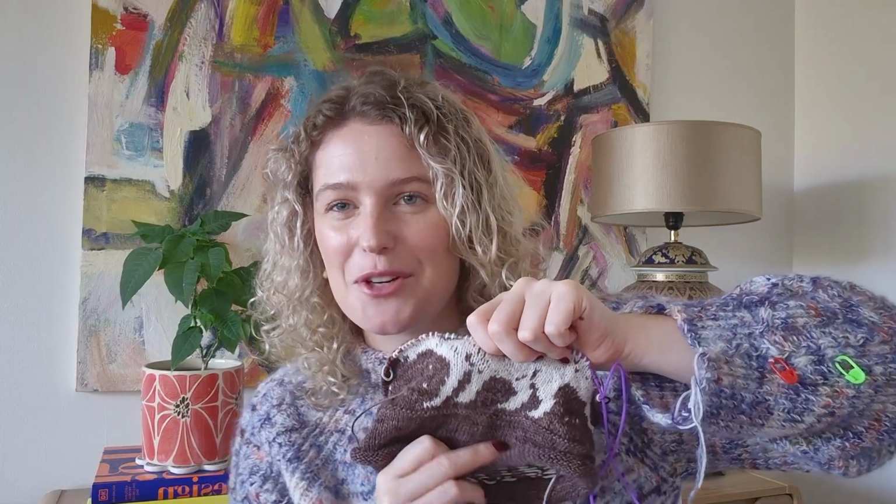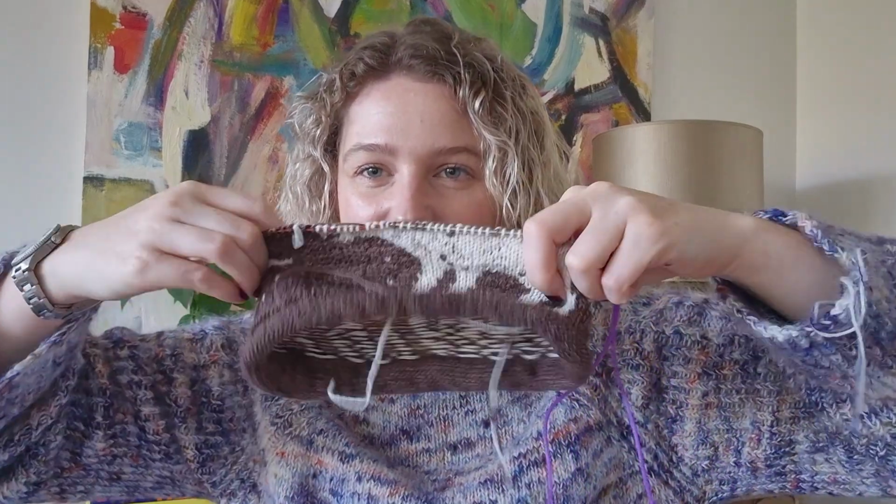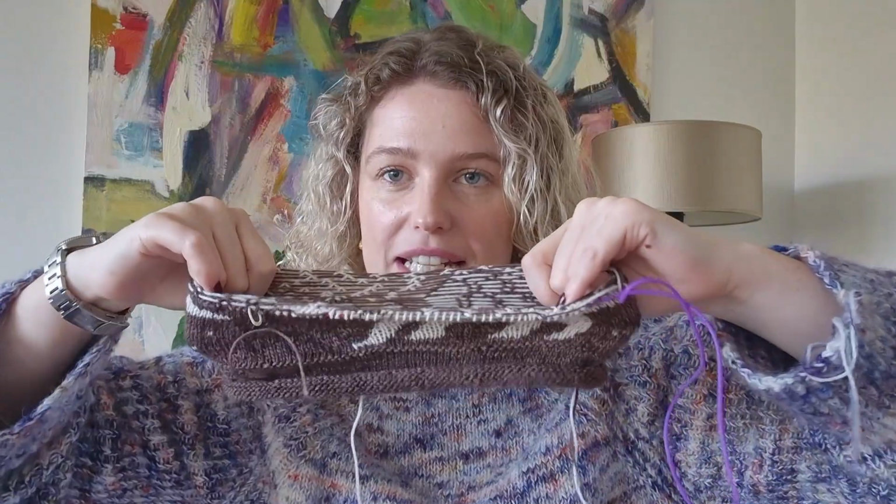It has the pattern diagrams. I won't show much of it, but yeah, this is the hat that I'm making, and okay, so I started already one version, and I have a very small head, so I just thought, okay, I'll make size small, even though it's a children's hat, because generally, when a hat fits me, it's like kids age 4 to 8 or something like that. Anyway, so I started making the smallest size, and I think my tension, mainly along the colorwork